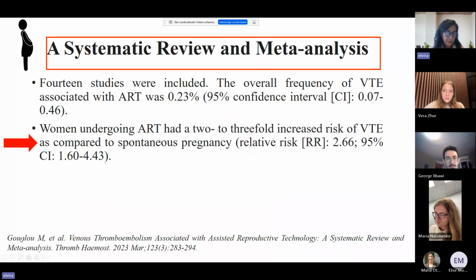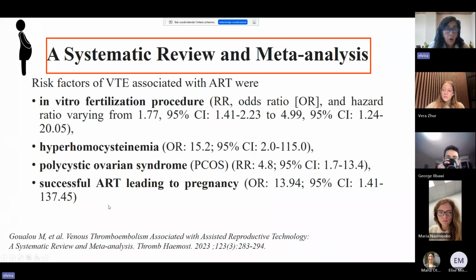And again, these are findings obtained from the meta-analysis I have just mentioned. This is reported here, and you have in the meta-analysis about a 3 times higher risk of VT in general, so independently of the presence of other risk factors. So in general, pregnancies following an ART conception compared to natural conception. Overall,